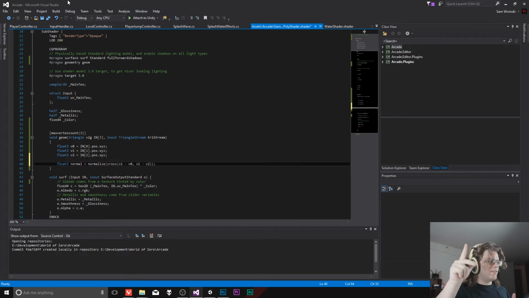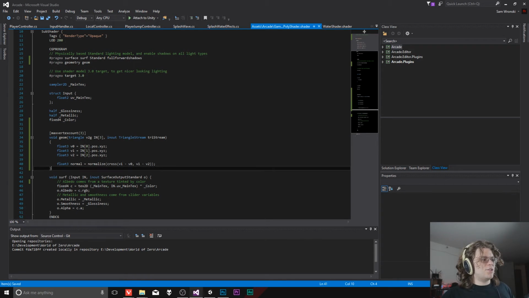The classic graphics thing is you get a right hand rule. What a cross product gives you is, if I have, say, my thumb and my pointer finger, given those 2, I can get the 3rd vector, and that is the cross product. So this is our triangle right here, and that's how that whole thing is going to work. Then we're just normalizing it so that it's a length of 1, and that should be